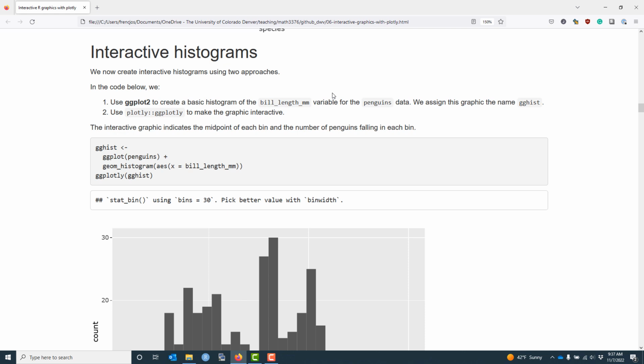Let's look at two different approaches for constructing interactive histograms in R. In the first approach, we use ggplot2 to create a basic histogram, and then use the ggplotly function from the plotly package to make the graphic interactive. We're going to use the penguins data set, and specifically we're going to create a histogram of the bill length